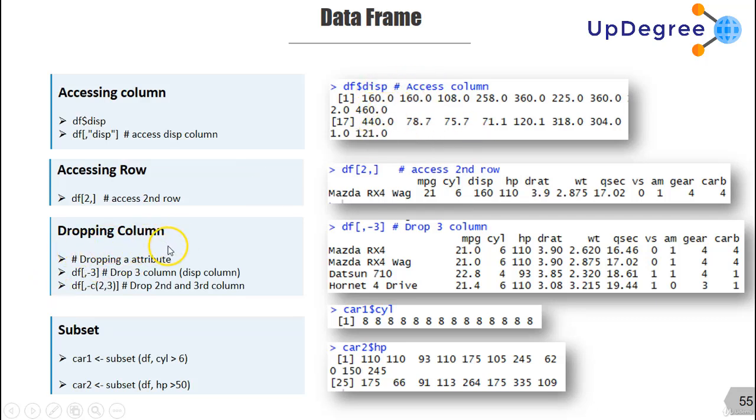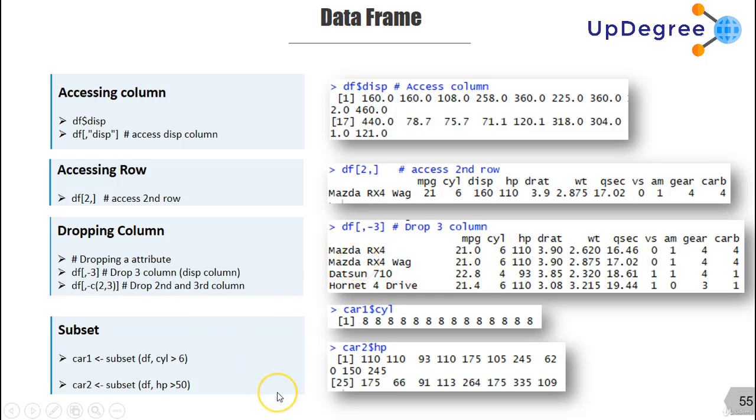Now if you want to drop a column, you don't want that column to be included in your data frame, then you simply put a minus sign before that number. So if you say that I don't want to see the third column, drop the third column, which is actually the displacement column, within the third bracket you say all the rows comma -3, and it would drop that column. So now in this mtcars data, you do not have the displacement column. Similarly, if you want to drop second and third, it would drop displacement and cylinder,